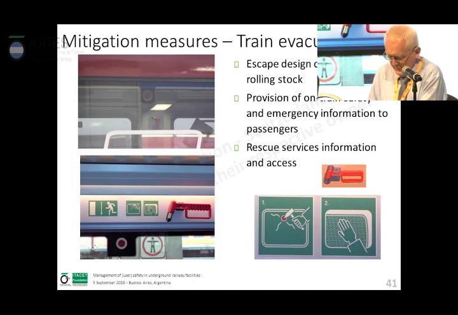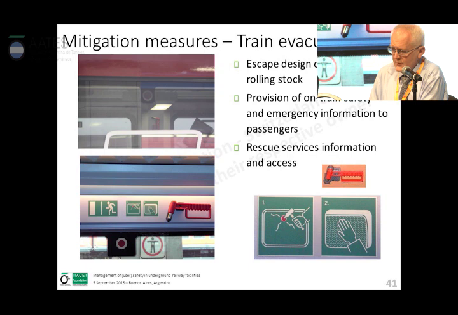Then I guess we are coming more and more to the end and towards the coffee break, but there are some final slides about train evacuation and information for emergency forces. So it's important, of course, similar to safety advice in a plane, to advise the train passengers what to do.